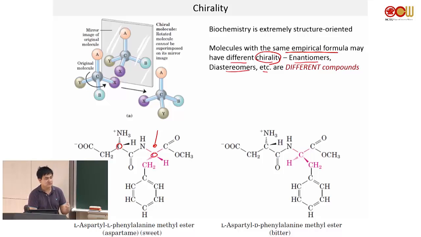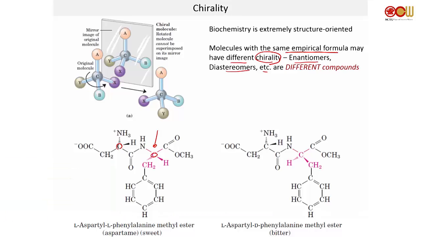And why is it important for biology? It's exactly because our proteins are 3D. Your proteins have a shape that recognizes a specific shape of the molecule. And if they are different chirality, then they have a different shape. So that's important. Aspartame, if you look at the structure, or actually if you look at the word, the